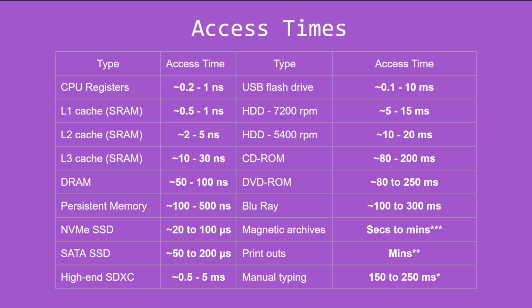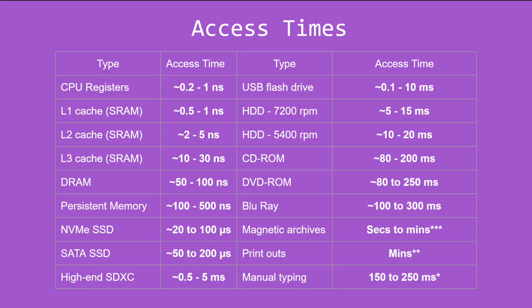And then we've got conventional magnetic hard drives that were in all computers for decades. They've been phased out, or they're phasing out, but you still will find them. A 7,200 RPM one is going to be 5 to 15 milliseconds. A 5,400 is going to be 10 to 20. And they were even slower than that if you go back far enough in time. But the whole point here is they're a lot slower than RAM, a lot slower than other things,